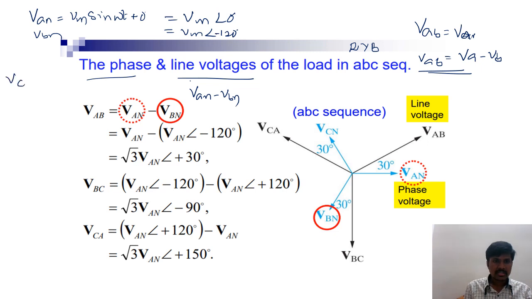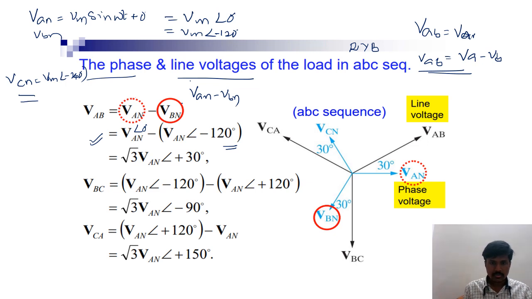Next is VCN is equals to Vm at an angle minus 240 degrees, or plus 120 degrees. Either way you can consider. Now here VAN minus VBN, this you can write VAN at an angle 0 and VAN at an angle minus 120. If you solve this one, you are going to get